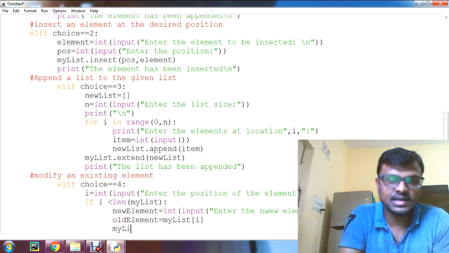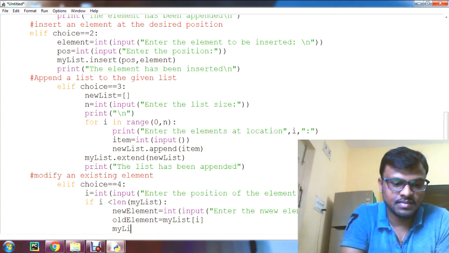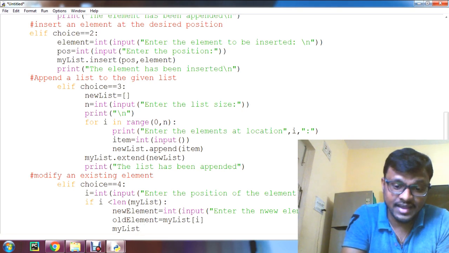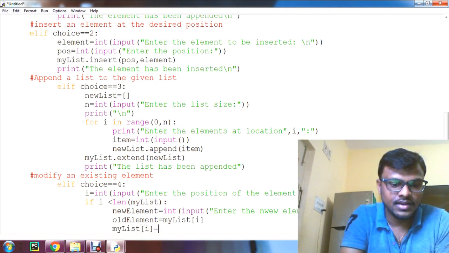Now what I should do, we should assign the new element to my list. My list of i is equal to new element.